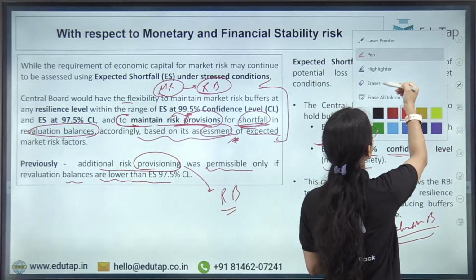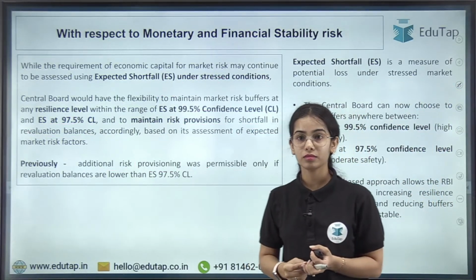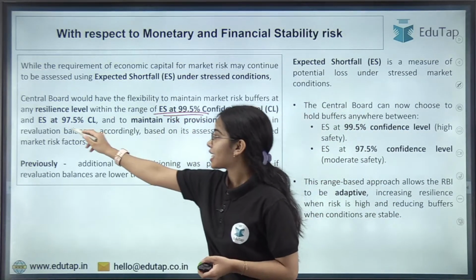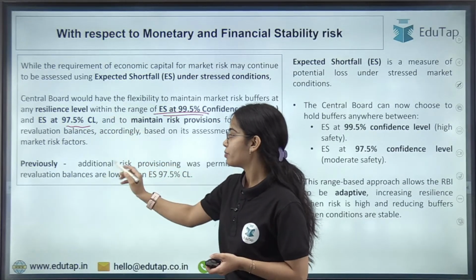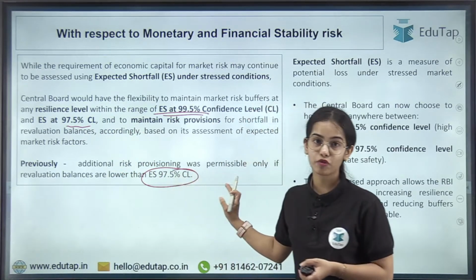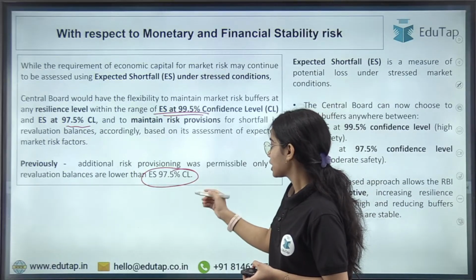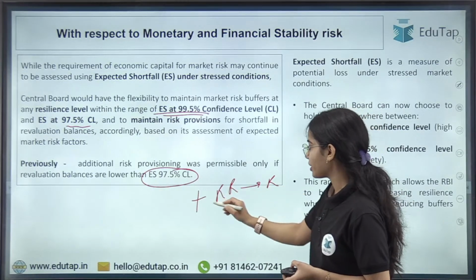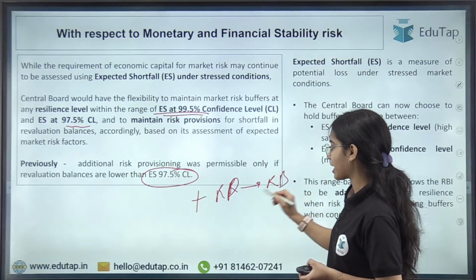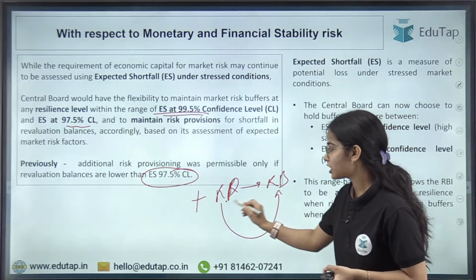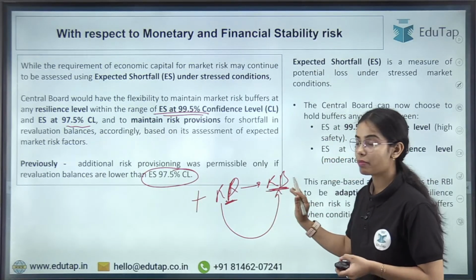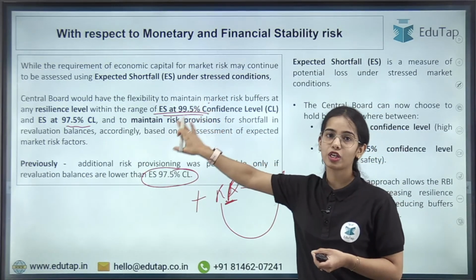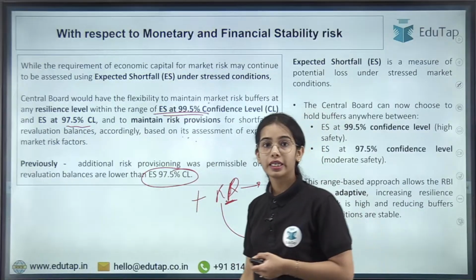Any confusion here, anyone? Okay. So now the range is 99.5% as well as 97.5% of the confidence level. Before it was only at 97.5% of confidence level. So basically the idea is that the RBI can add further risk provisions in the revaluation balances as per the confidence level that RBI wants to maintain, high safety or moderate safety. Got it? Now coming to the next point,